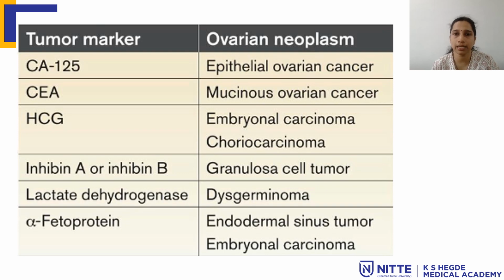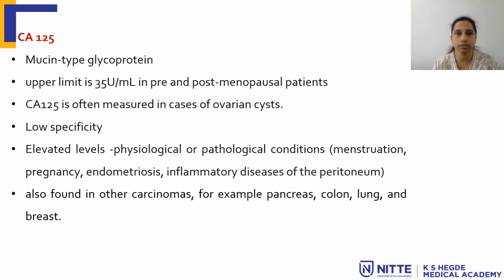CA125 is used for epithelial ovarian cancer. CEA mainly detects mucinous ovarian cancer. HCG is positive in embryonal carcinoma or choriocarcinoma, which comes under germ cell tumor. Inhibin A is most helpful in diagnosing granulosa cell tumor. LDH is helpful in dysgerminoma. Alpha fetoprotein is for yolk sac tumor, or it can be positive in embryonal carcinoma also. So coming to individual tumor